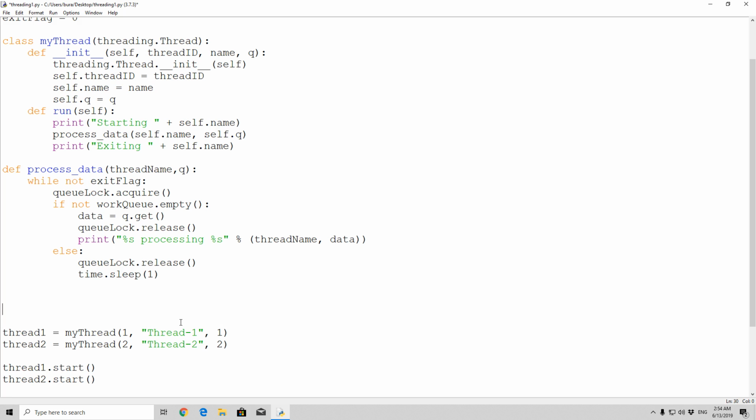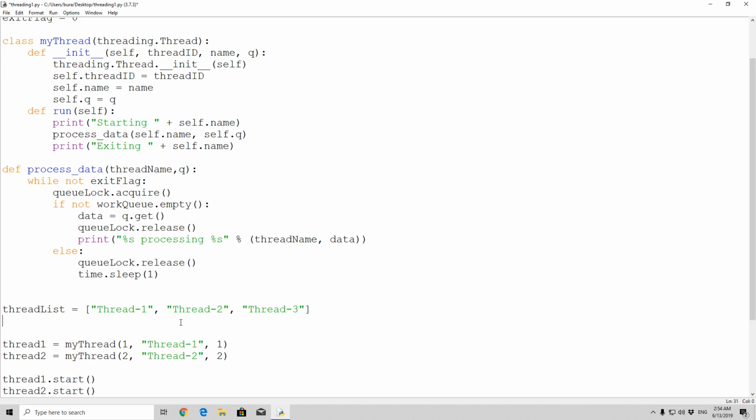And we will simply type here, first of all, we will create a thread list, but it will not be an empty list as in the previous example. Right here, we will also put the names of the threads in the list at the beginning of the program. So "thread-1", comma, "thread-2", comma, and then "thread-3". So this will be the list of the names of our threads. And we will also have a name list,